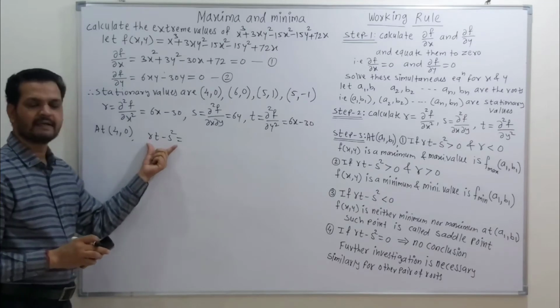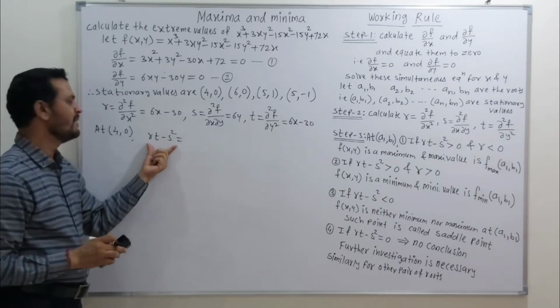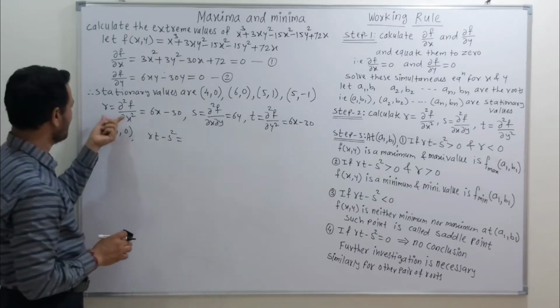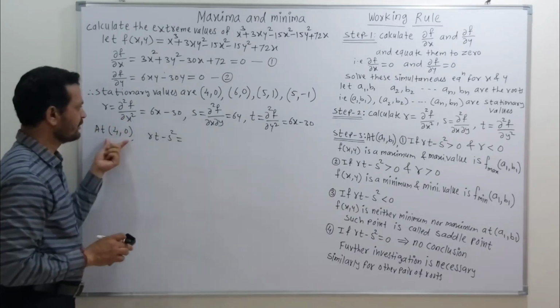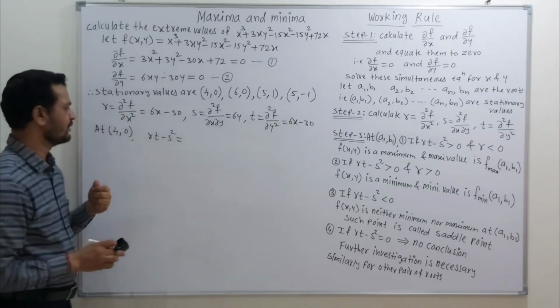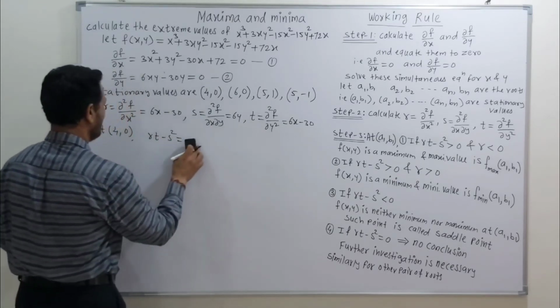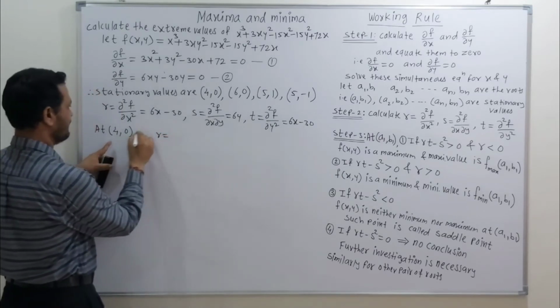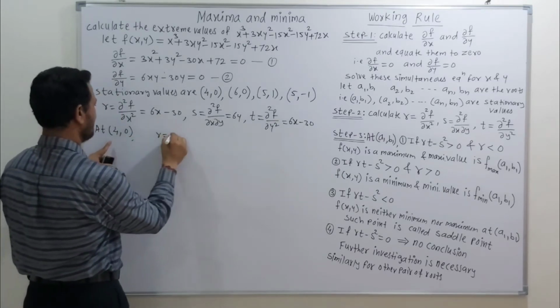Either we calculate the value of rt minus s squared and evaluate that at (4, 0), or we can find the value of r at (4, 0), s at (4, 0) and t at (4, 0). If we calculate the value of r at (4, 0), this is